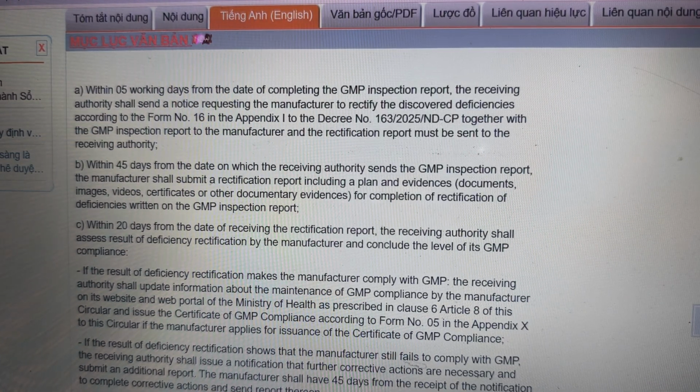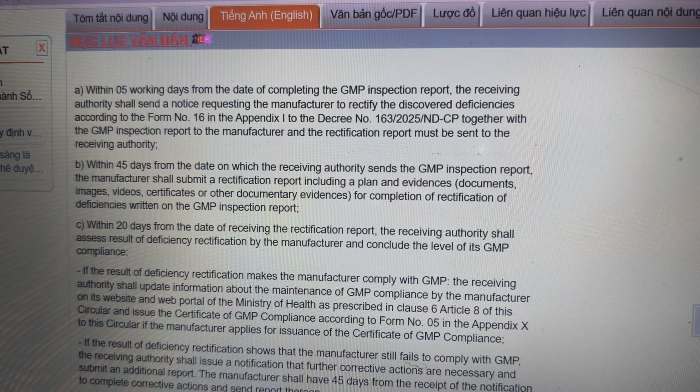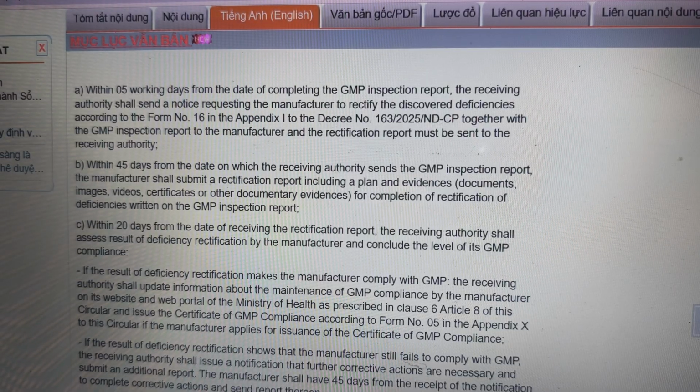If the result of deficiency rectification shows that the manufacturer still fails to comply with GMP, the receiving authority shall issue a notification that further corrective action is necessary and an additional report must be submitted. The manufacturer shall have 45 days from the receipt of the notification to complete corrective action and send a report thereon. Within 135 days from the day of completing the GMP inspection report, if the manufacturer fails to submit the rectification report